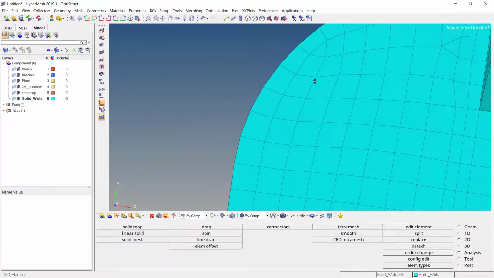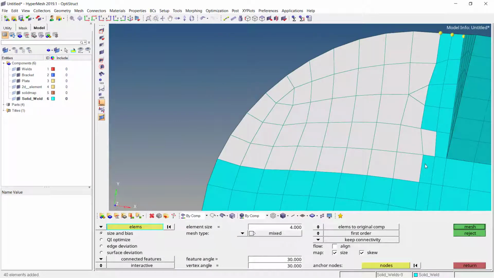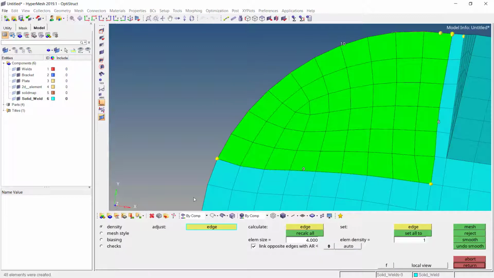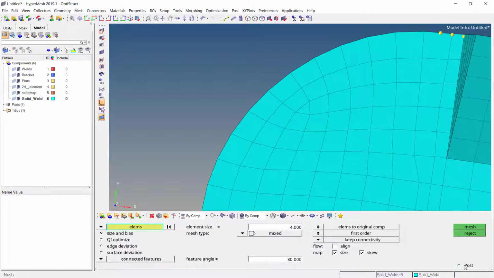Now here you can see, currently I have the better mesh over here. Again select this much of region. Press middle button and here instead of mesh style, I will set it to all chord. But still only one triangular element is getting created, so I am not going to worry about it.